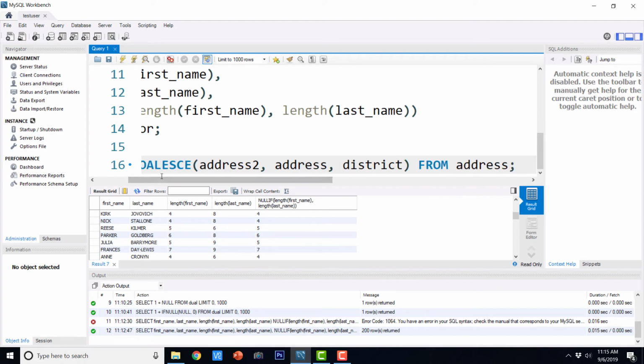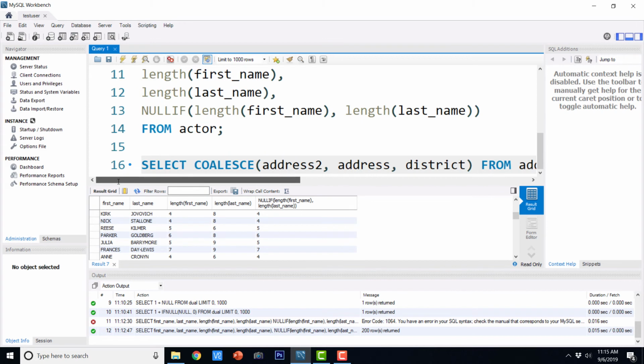Now this COALESCE function returns the first non-null value it encounters. So the COALESCE function returns the first non-null value it encounters.